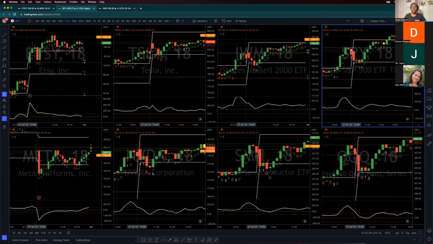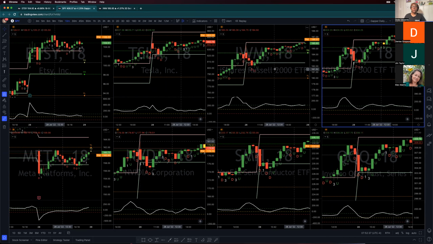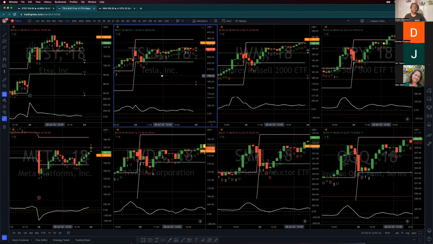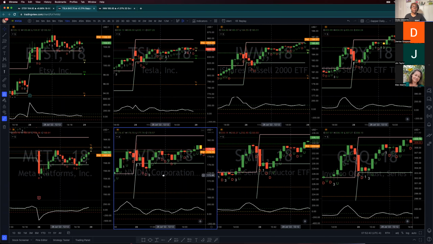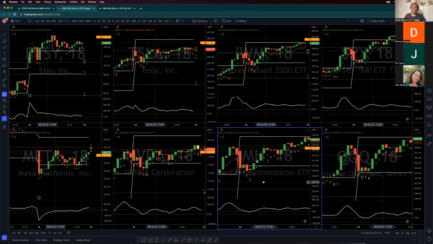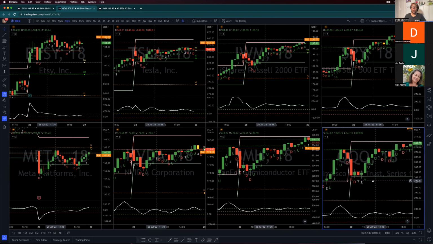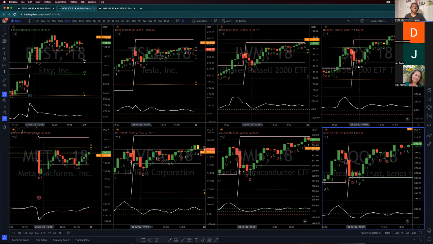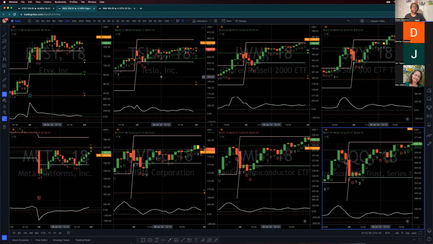All right, so here's now first 60, flip over to your 18-minute. And this is where I stay the remainder of the day. And what we're looking for is reversals, right? So if price continues to trade 2 down, 2 down, and I'll show you my other time frame. This is just my